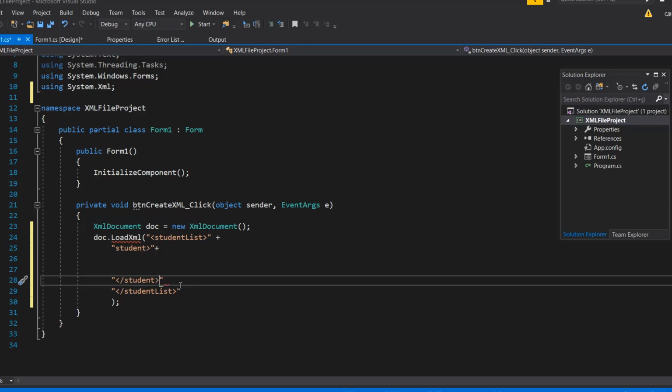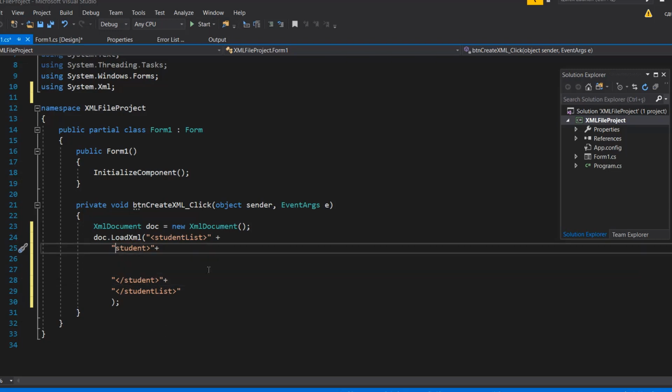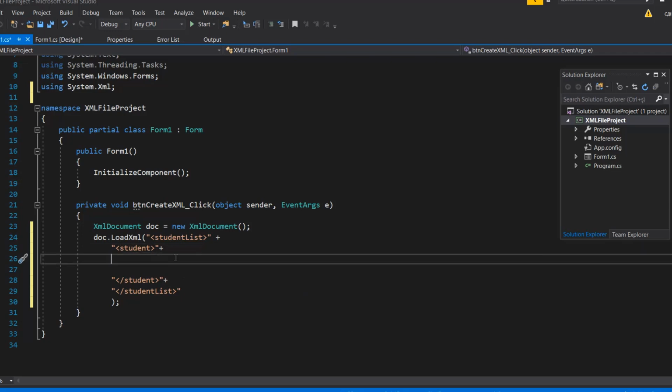Slash student, and make sure to add the plus, so this will be added. Now we have a student, but its information is missing. So student list is the generic list, and each student will be added inside with the student tag. Now each student should have a student number, so we can type it, student no,